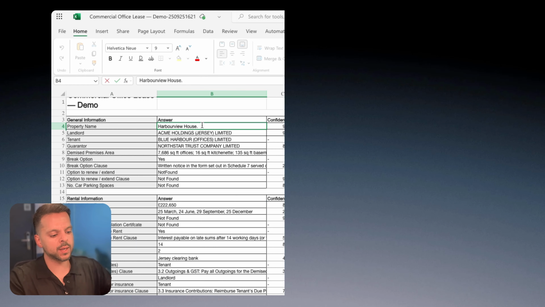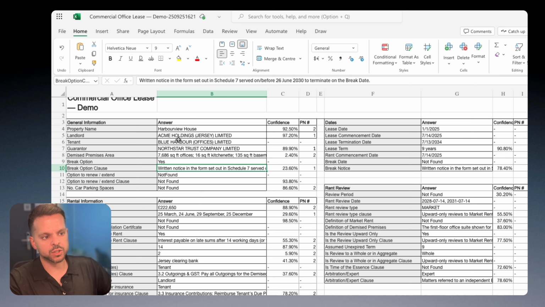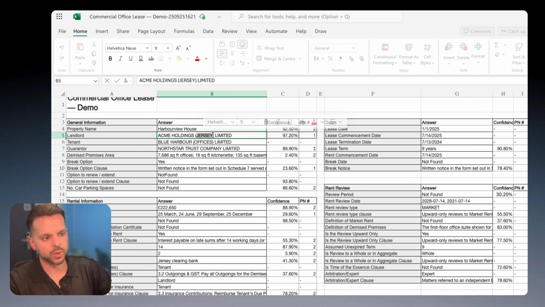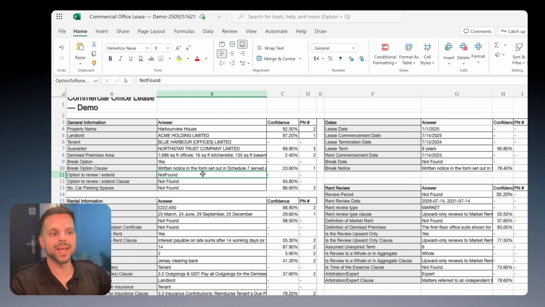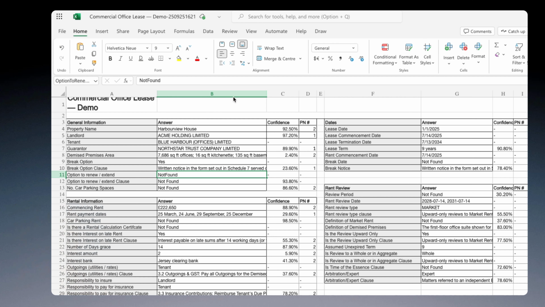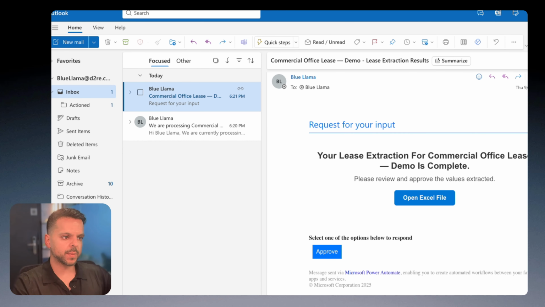So what we can do here, we can edit the file, and let's say, for example, ASME Holdings Jersey Limited, we don't want Jersey in it, so we can just remove that. And this step is really that human in the loop process in which we can actually make edits to the document before its final output. So the next step here is once the information has been reviewed, we can then go back into the email and click approve. So the final step now is just to give it a minute or two, and it